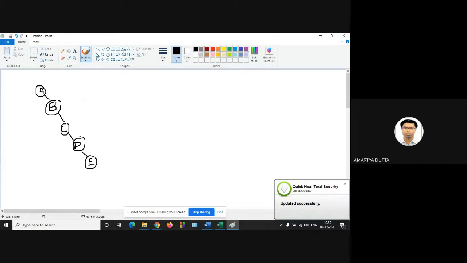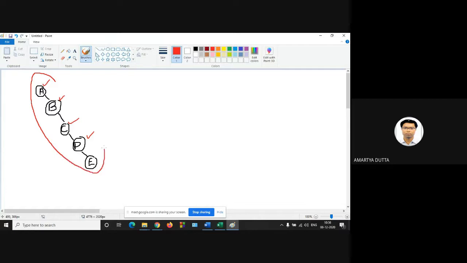This is a right skew tree. Skew tree means it is a binary tree in which either side is blank. So here only the right child of A, that is B, is present. Similarly, only the right child of B is present, that is C. Then the right child of C, D, is present. Here the left children are absent. This particular type of tree is called a skew tree.